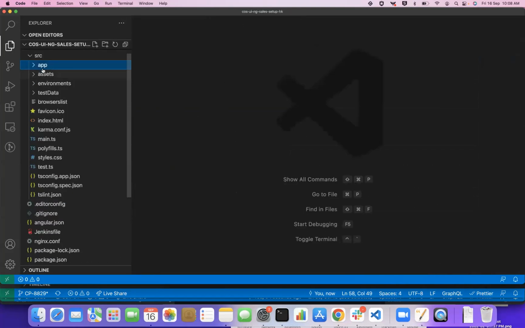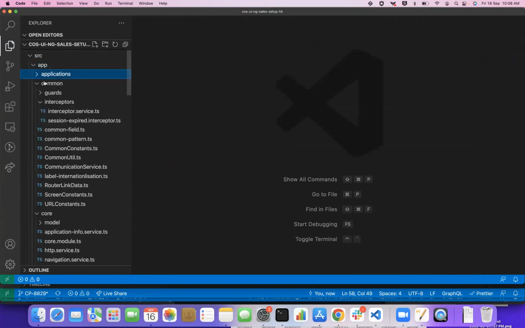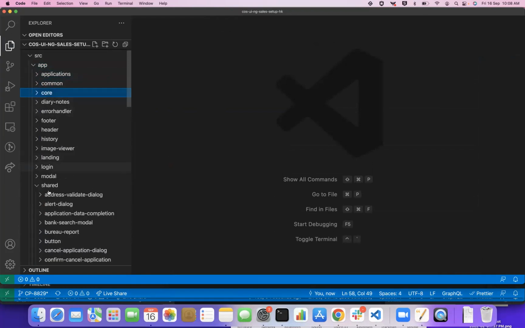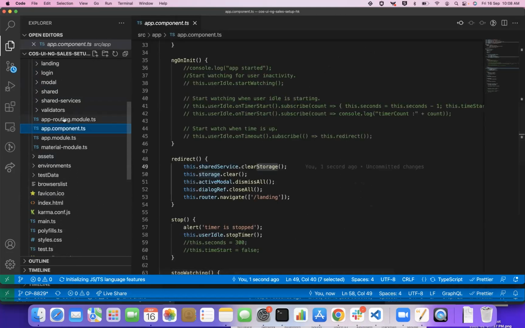So we have this app component, am I correct? This app folder. So in this, if you see, the root component will be app component, okay? That I'll show you. This is the app component, okay? Any doubts? So we have something called